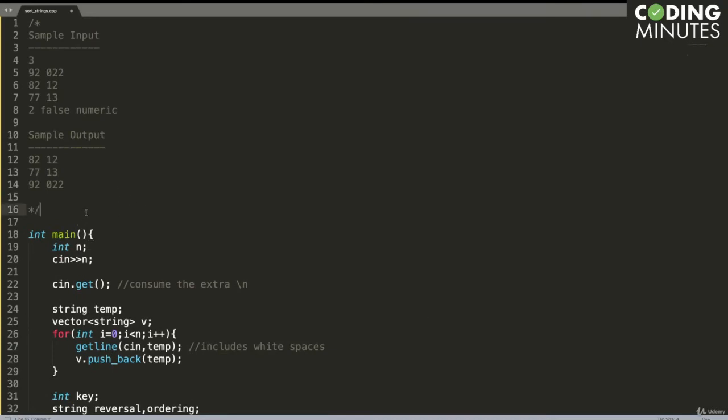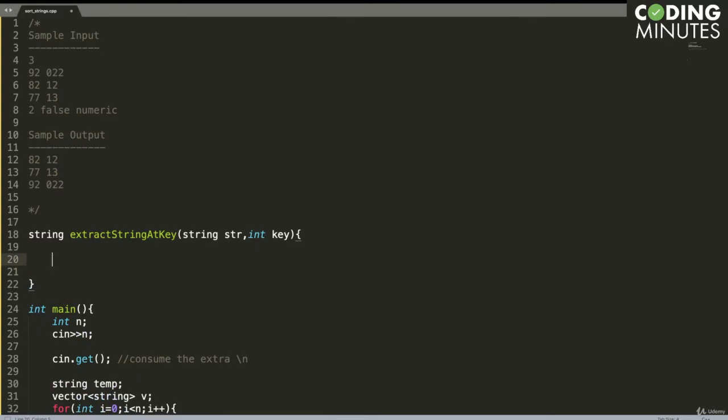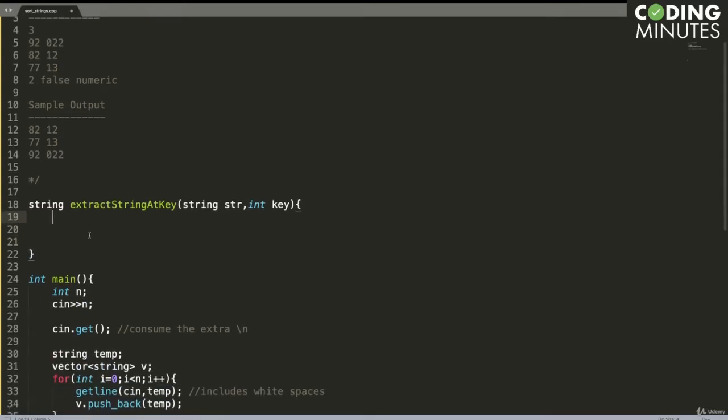So I'm going to say string extract key, or I can say extract token, whatever I want to say. So I get the input string, that is the entire row, and I get the integer key. So this basically gives me the column from which I want to extract the string.